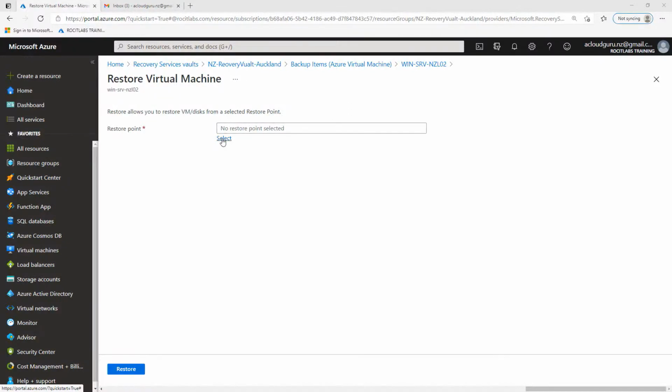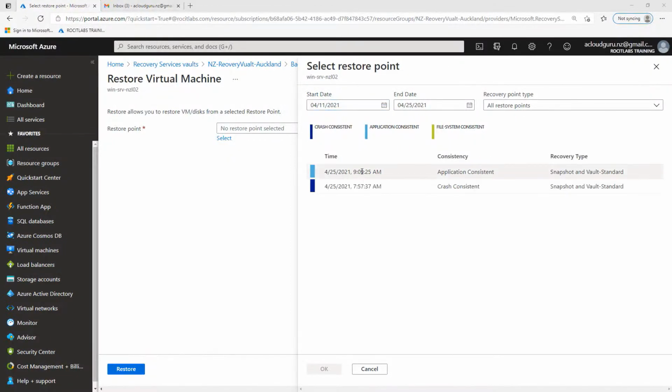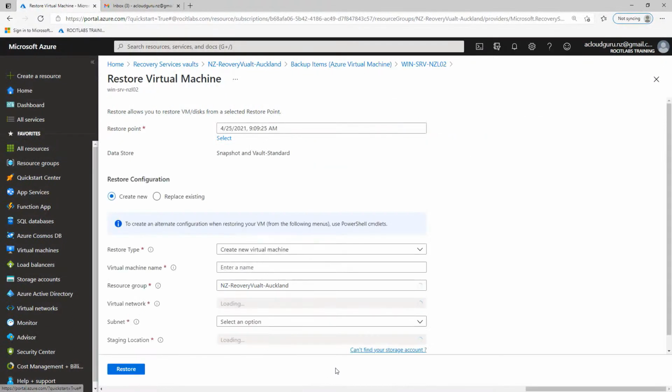Then, once I've clicked restore, I would select a restore point. We'll just give a sec while that list refreshes. I would then select my restore point and click OK. I would come down here and say create a new virtual machine, and I would call this